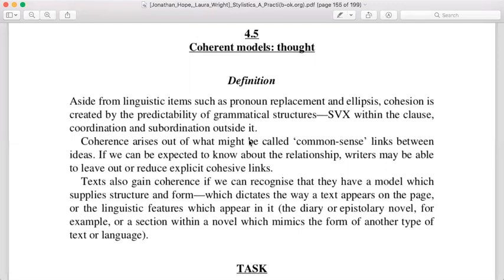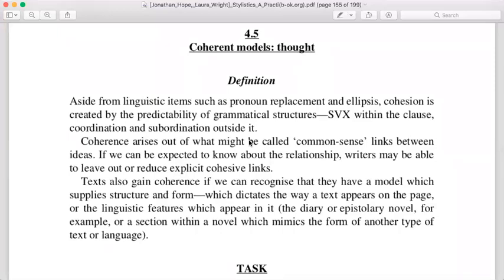Okay, guys, so today we are going to talk about coherence. We have already talked about cohesion through the use of cohesive devices. We are not leaving cohesion behind. We would be looking at cohesion along with coherence in the text that we are going to do. But today we are going to practice more